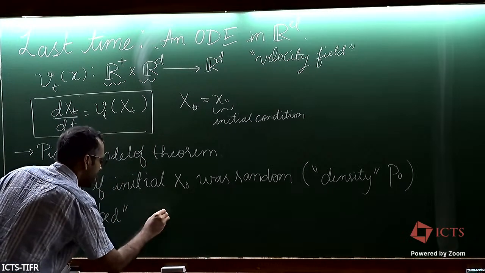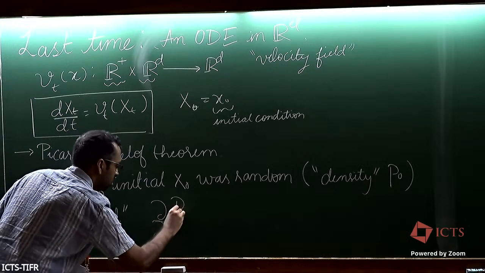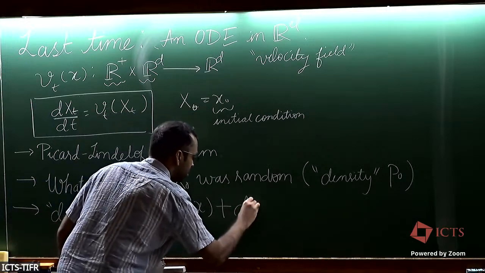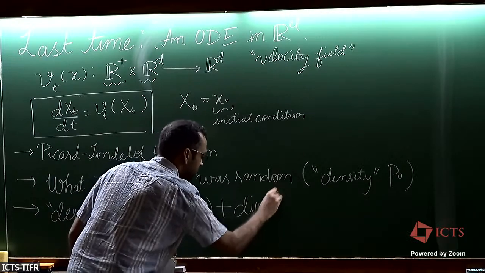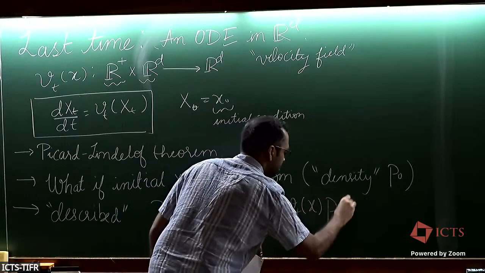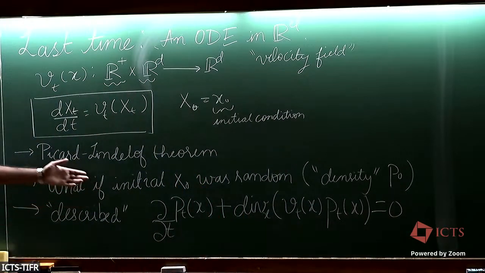That is, if p_t(x) is the density of x_t, then the following partial differential equation is satisfied: the time derivative of p_t plus divergence in x of v_t(x) p_t(x) must be equal to 0. So this is basically a statement of mass conservation in physics. This is very famous. Professor Borkar told me later that it's also called the Liouville equation, but we'll refer to it as the continuity equation in this set of lectures.